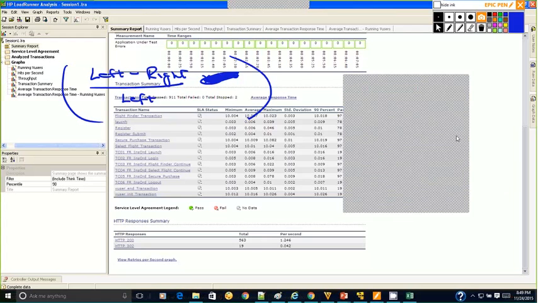Initially you said we can generate a Word report and a HTML report. Correct, but in real time we prefer Excel. We don't send the Word report because, let me tell you why. If you send the Word report, you saw that Word report, right?